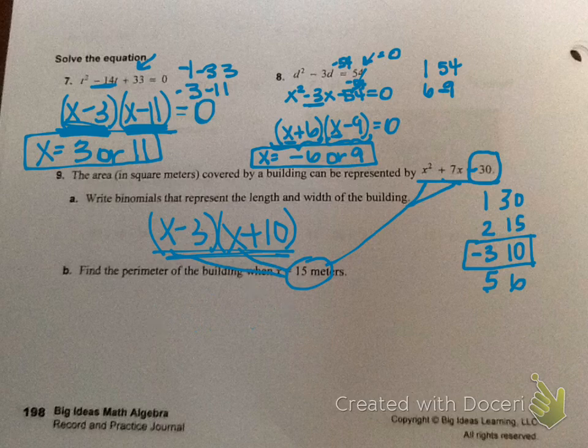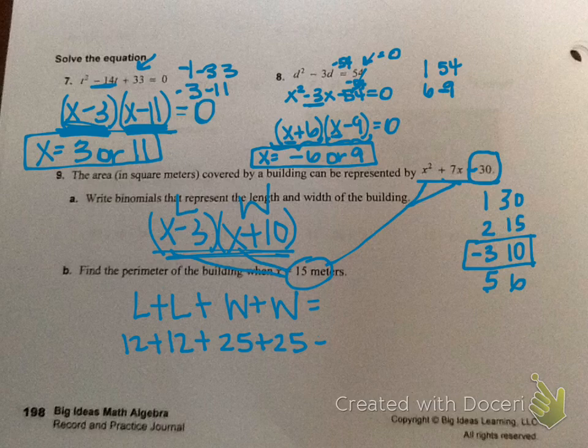You're still using this, length and width, but we want to do length plus length plus width plus width. So, 15 minus 3 is 12, and 15 plus 10 is 25, and that one I can do easier without a calculator. 25, 50, 62, 74